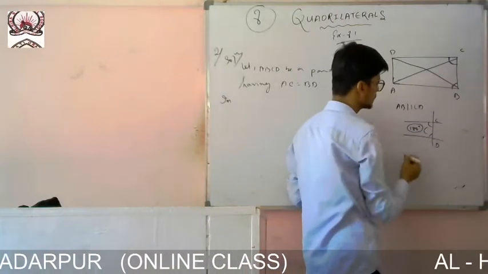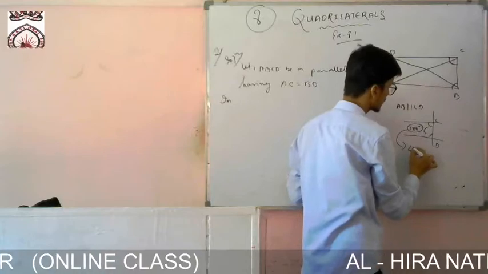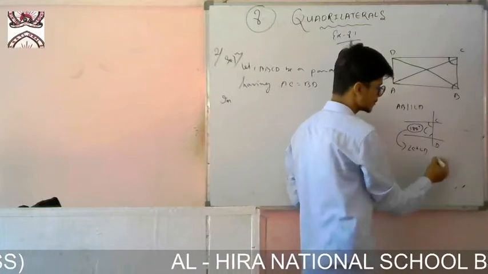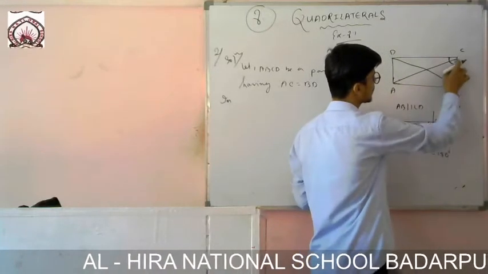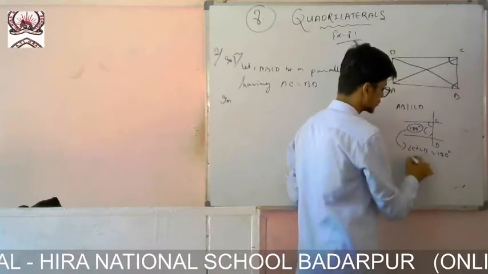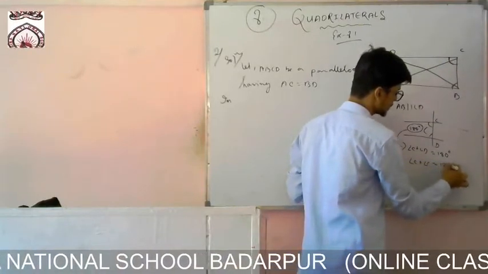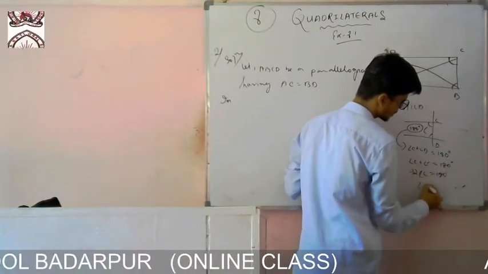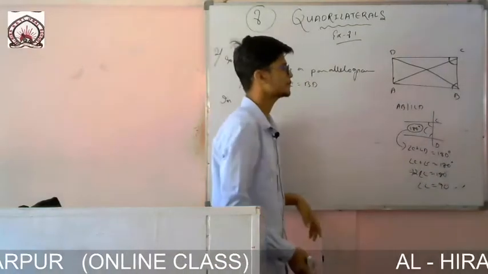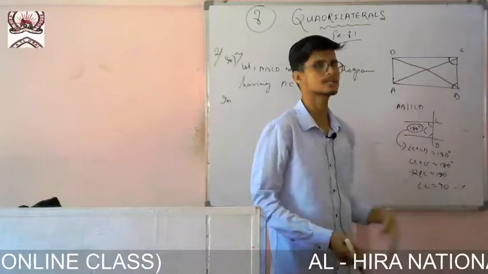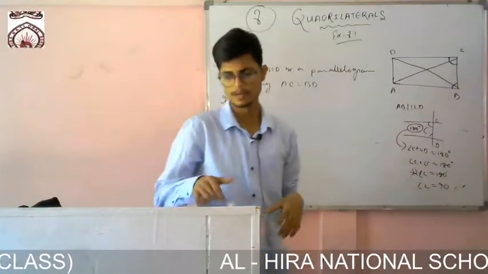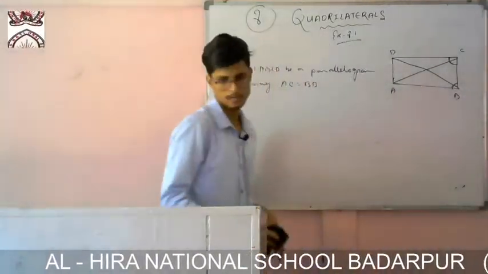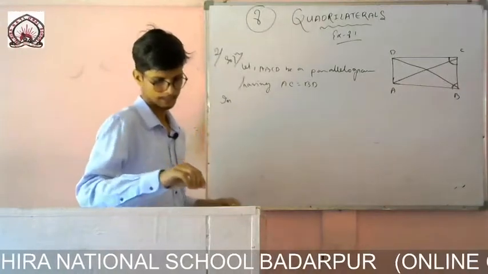Now what is there? Angle C and angle B. So in place of 180 degree, I can write angle C plus angle B, which is equal to 180 degree. And if I can show that these two angles are equal, then I can write angle C plus angle C is equal to 180. So twice angle C is equal to 180, so angle C will be equal to 90 degree. So I have to show that these two angles are equal. If I can, then by using this co-interior property, I can show very easily that each angle is equal to 90 degree.